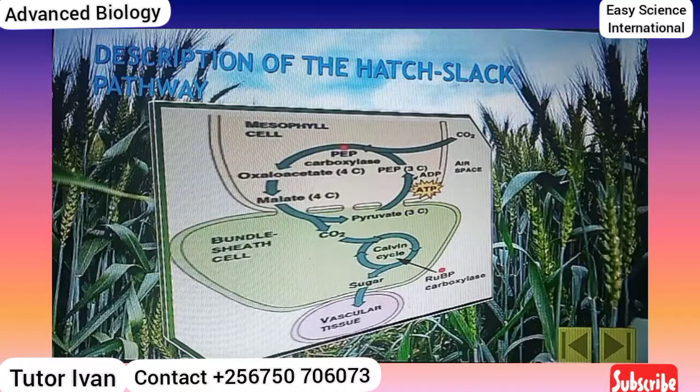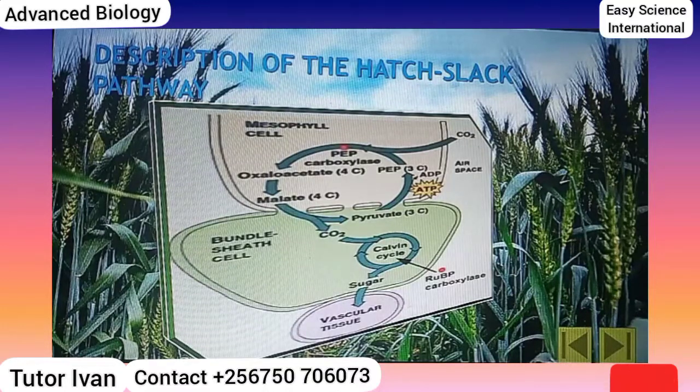What really happens next? Remember from the cross association, we saw that the carbon which was initially fixed with the PEP, that has led to the formation of oxaloacetate, a product that has been reduced to form malate, has to be shunted or exported to another special type of cells with chloroplasts known as the bundle sheath cells, these ones. So, malate is then shunted or exported to the chloroplasts found in the bundle sheath cells,